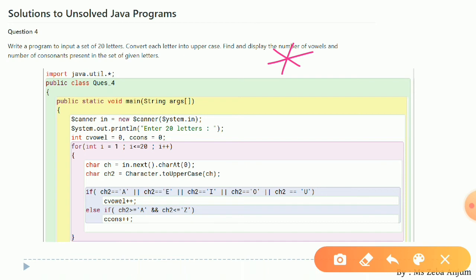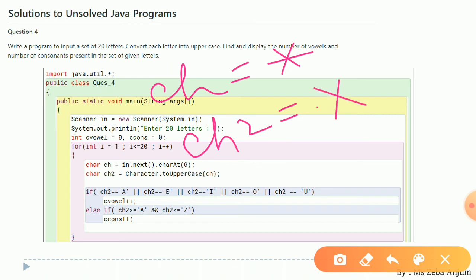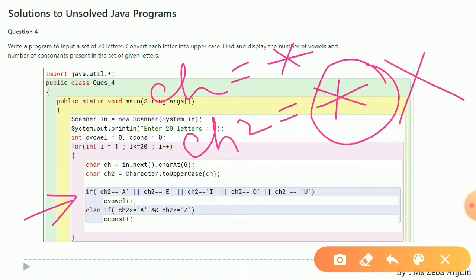Okay, now what is the ch value? It is the asterisk sign. What is the ch2 value? Again, it is not going to give you any kind of error. Again, you will be getting this asterisk sign. Regarding this if condition, it will be false. And if you are using a simple if else, then this will be counted as a consonant, but that is not a consonant, that would be wrong.